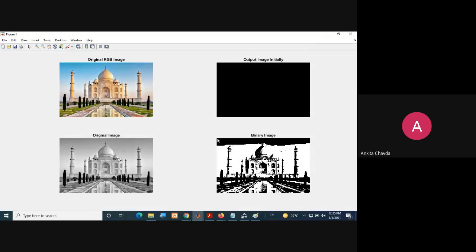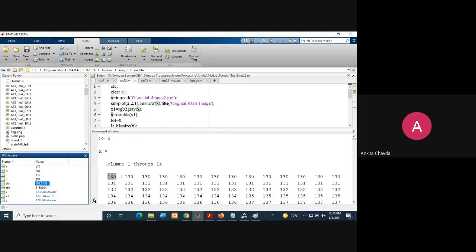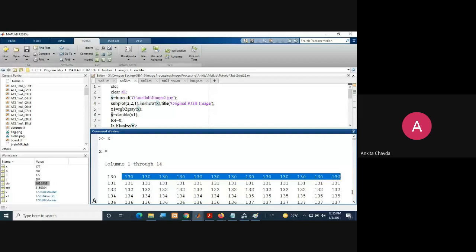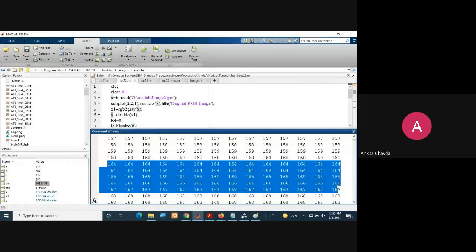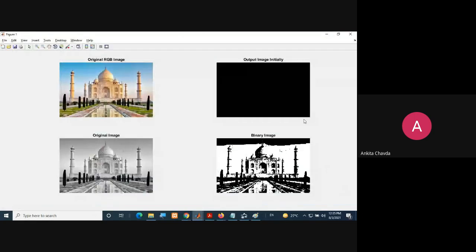Say yes or no. Same way you can check, all the other intensities are less than your average. Somewhere after this many rows, you are getting this 164 and so on. So from this row you are getting the white color pixels, so you can check from here. From here you are getting some white color pixels.